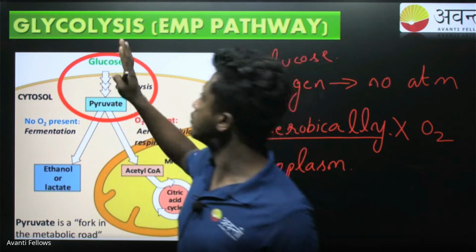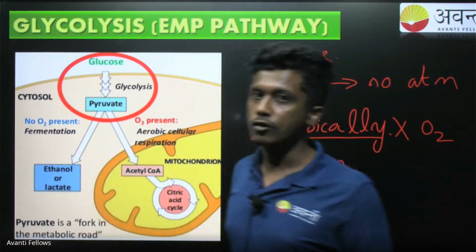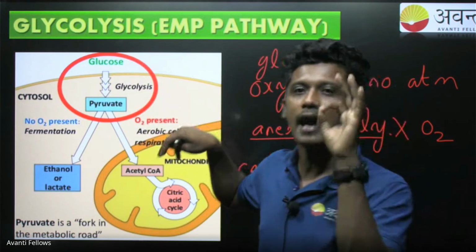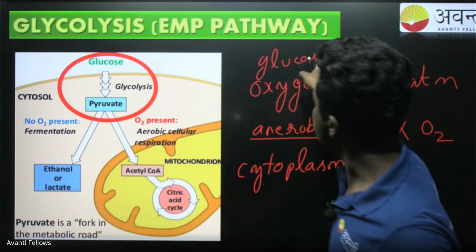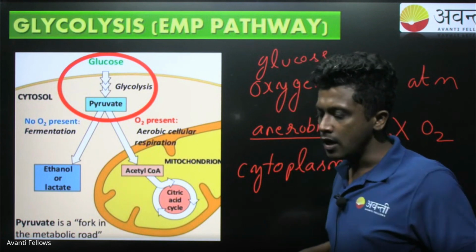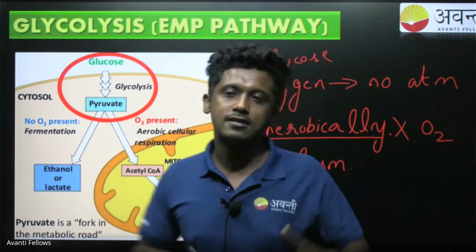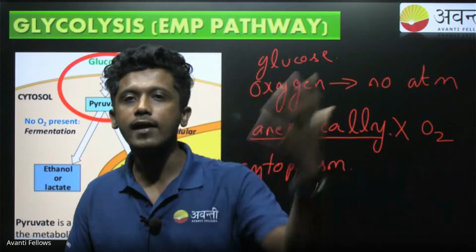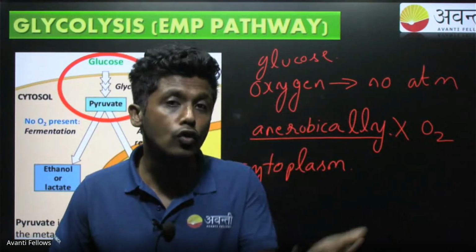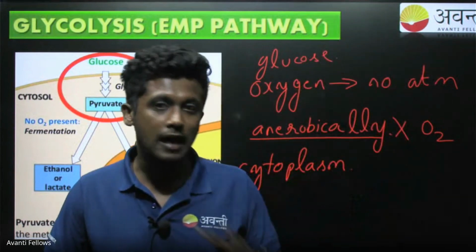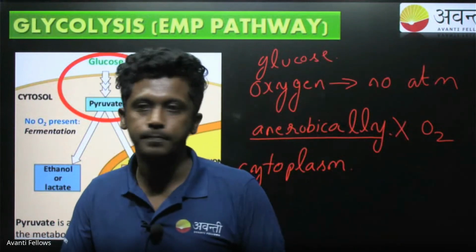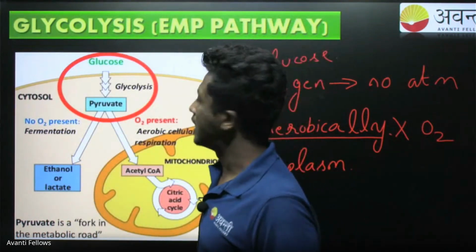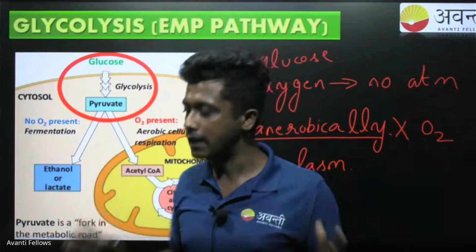So we'll talk about how the glucose is broken down, but initially, what we have to understand, glycolysis is a strictly anaerobic process. And where does this happen? It happens in the cytoplasm. So the explanation says that since in the beginning of life there was no oxygen, and life adapted to break down this glucose without the help of oxygen, that was the origin of glycolysis. Glycolysis is also called the EMP pathway, based on the three scientists that contributed in breaking down this cycle.